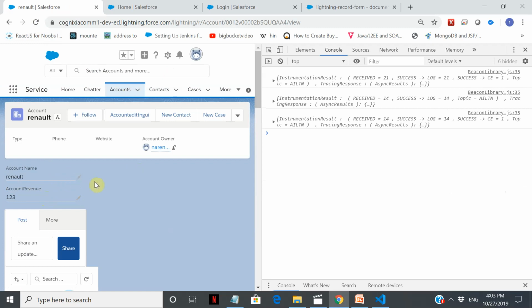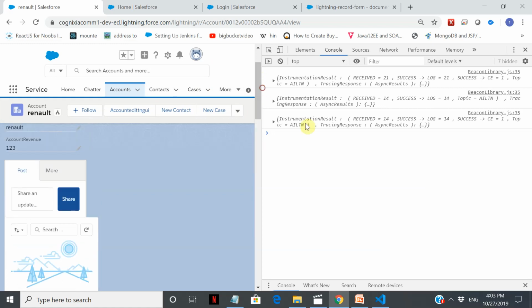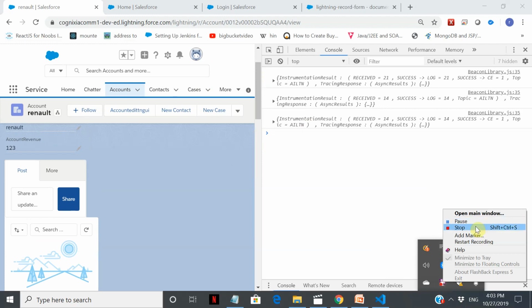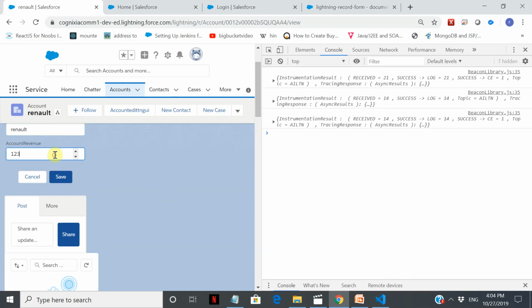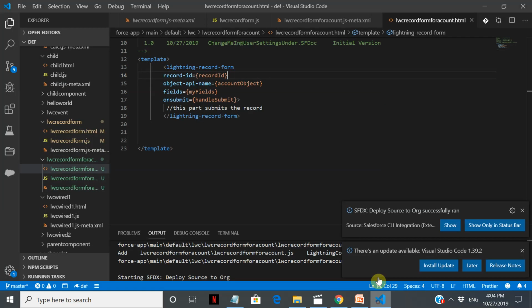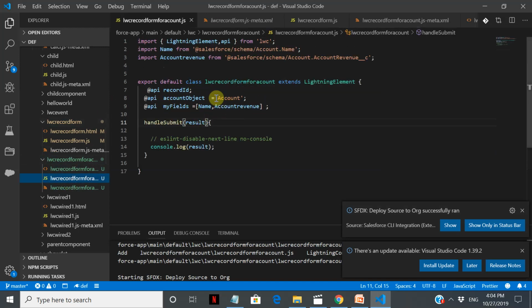So the next thing is, so far what we have done is we have added only text and number fields. So now we need to add a pick list field to it. Okay. So for that, what we will do is we will do it in front of everyone. So we need to take the account. Let's take an account field which is of type pick list.